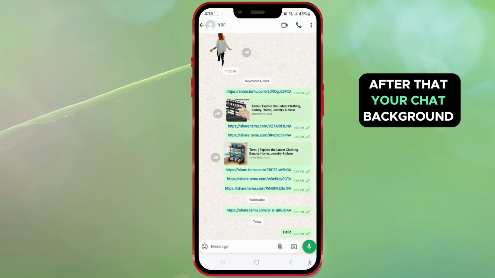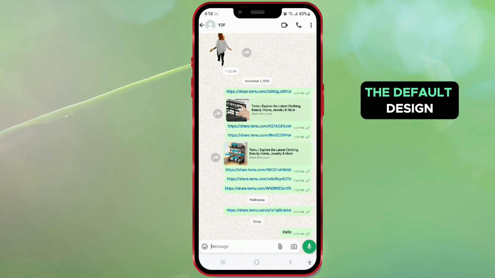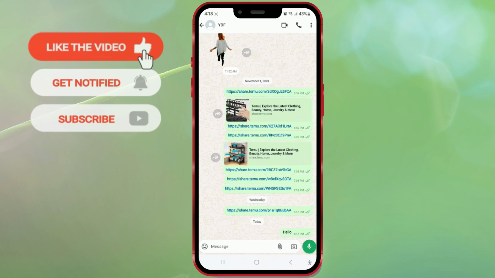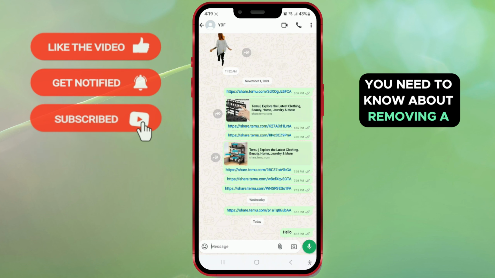After that, your chat background will instantly reset to the default design. Now my chat background is beige. And that's all you need to know about removing a chat background on